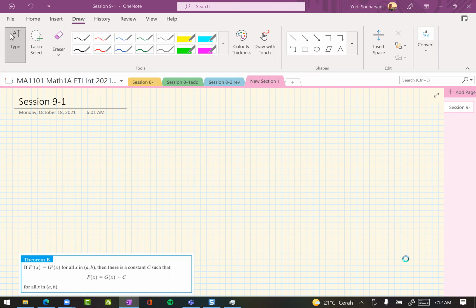Okay, so some of the operations have no counterpart, like limit. Okay, so what's the reverse of limit? So we don't have such a counterpart for limit. But on the other hand, we've been talking about